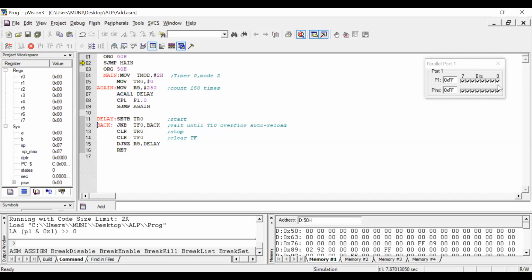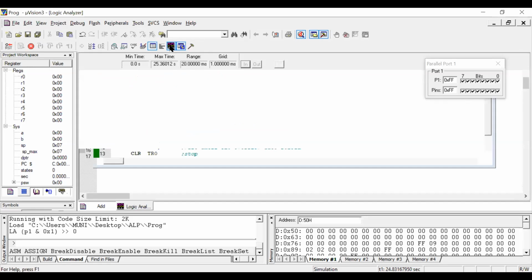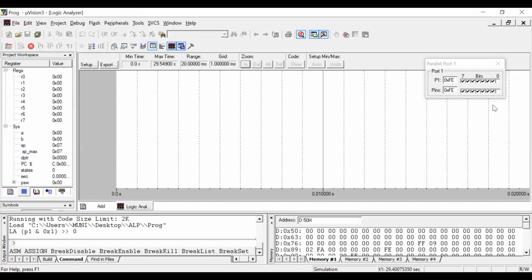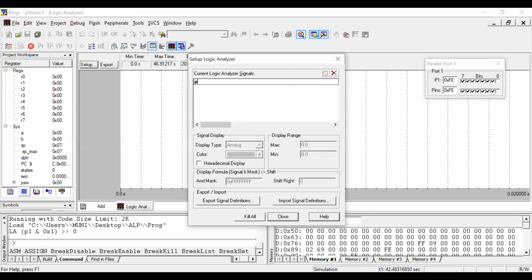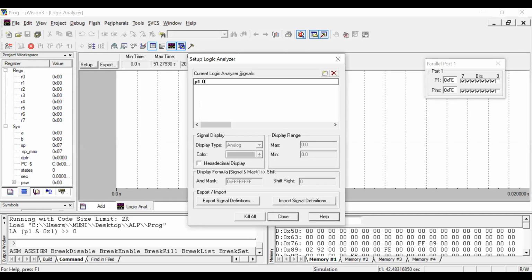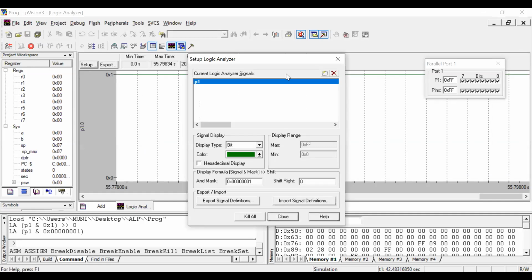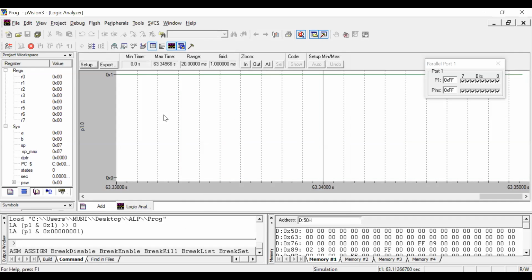Here it is continuously blinking, which indicates switching on and off. That can be verified with the help of the logic analyzer waveforms. Here the logic analyzer is also running. We need port 1.0, so go to setup and then create signal. What is the signal? Port 1.0. Enter. So P1.0 is created here.